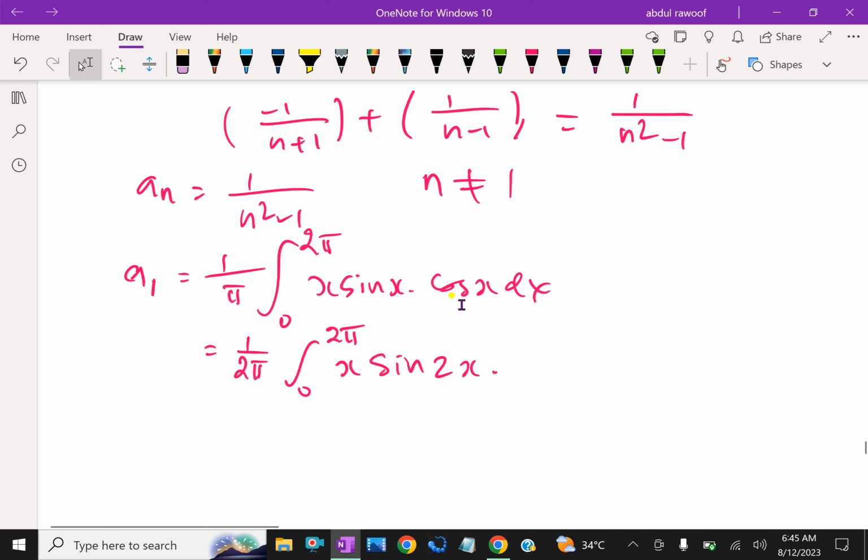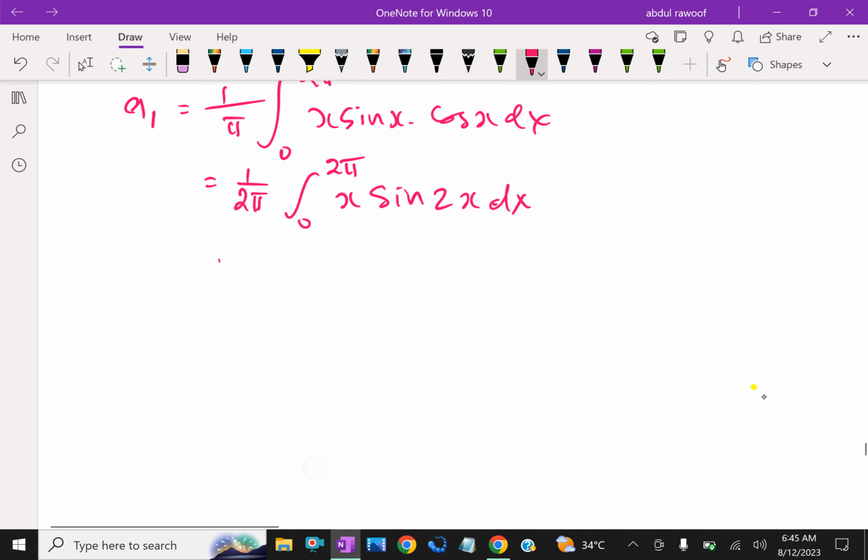That means sin x into cos x is sin 2x. So we simplified, which is further equal to 1 by 2 pi,